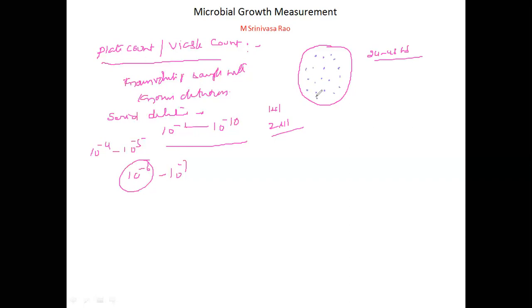Now these are the colonies developed on the Petri plate. Each colony represents one microorganism. Now either you can count physically or you can count by using a colony counter, and we need to count the number of colonies present on the Petri plate. Now the count will be given in the form of CFU. CFU means colony forming units.